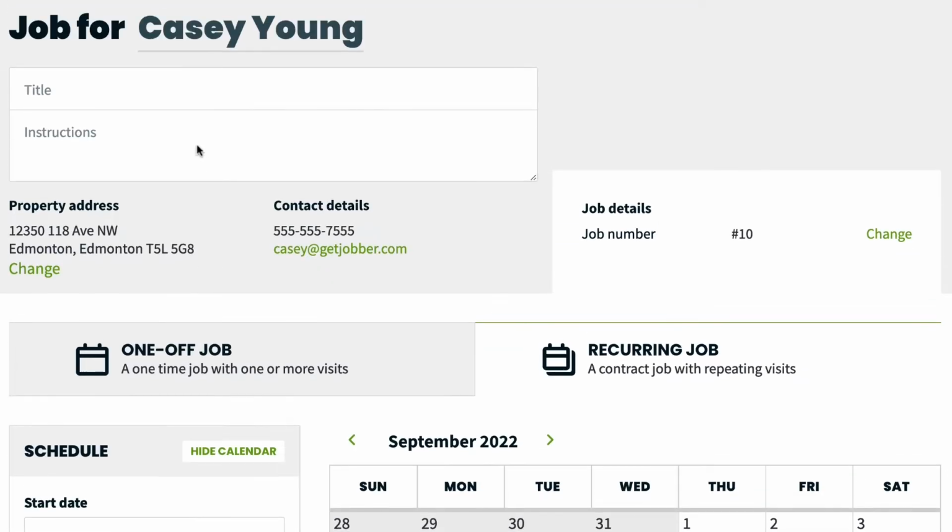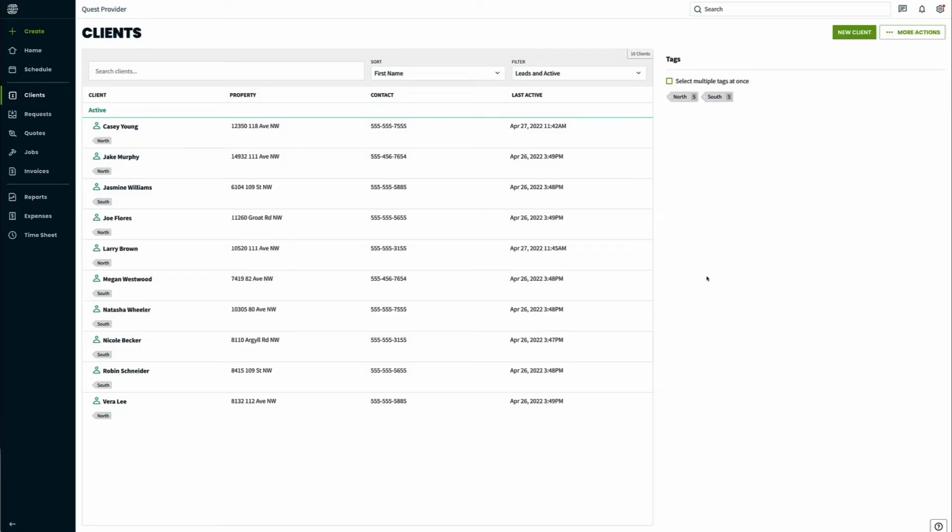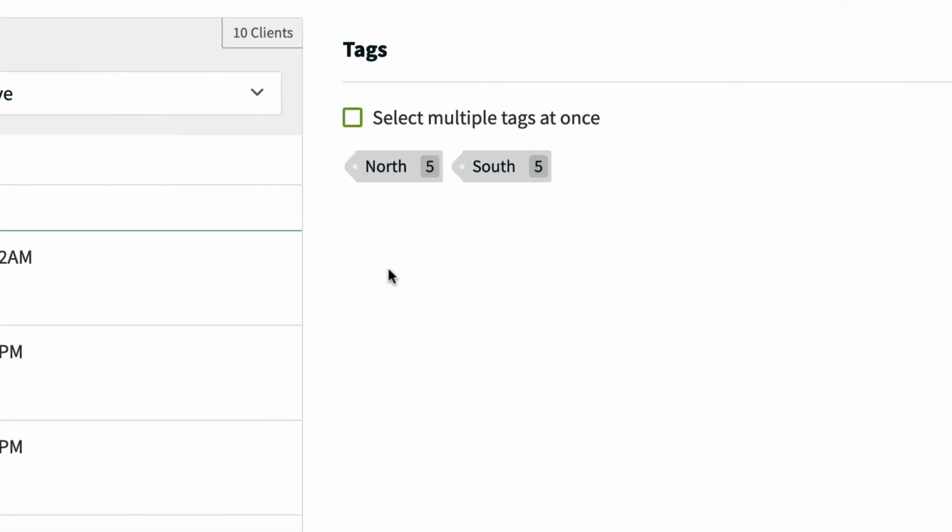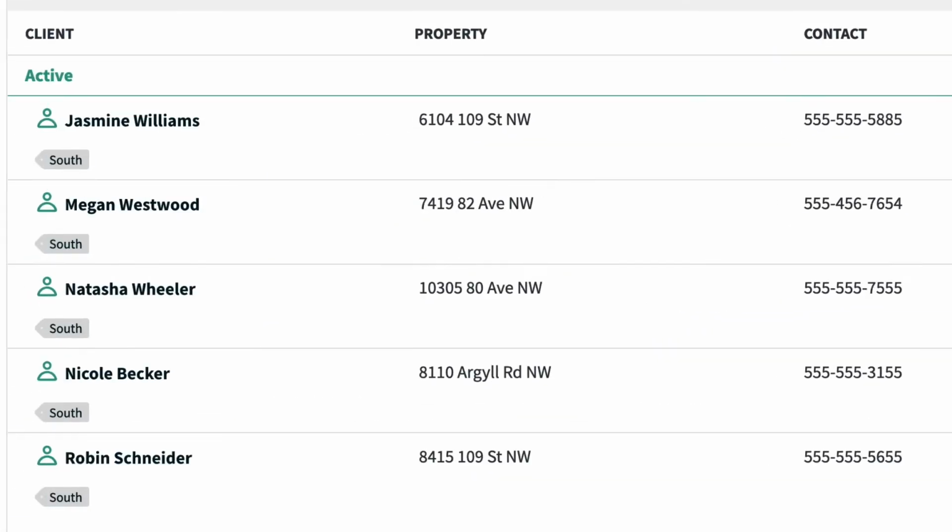It is a good idea to include a job title for your snow removal jobs. You can use this job title to filter the job when you are creating the visits. This can also be done with specific line items, as seen later on in this video. Another way you can further filter the jobs when creating the visits is using tags. I have tagged my clients based on north side or south side area of the city. I will be able to create visits for my north side locations separately from my south side locations.